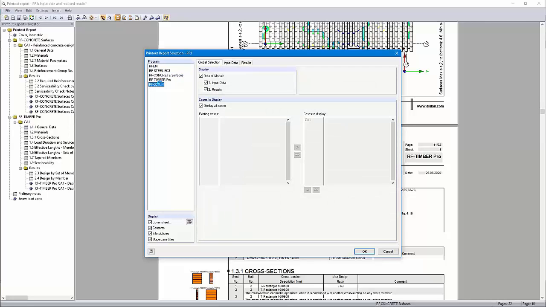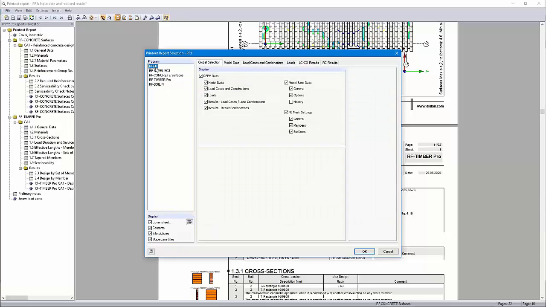Those are already in the protocol. Okay. Now you can use the settings which you like. Yeah, you can disable some content. For example, I will disable here the results of the load cases and load combinations,